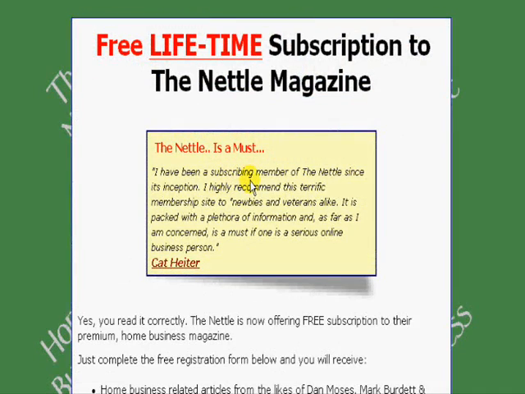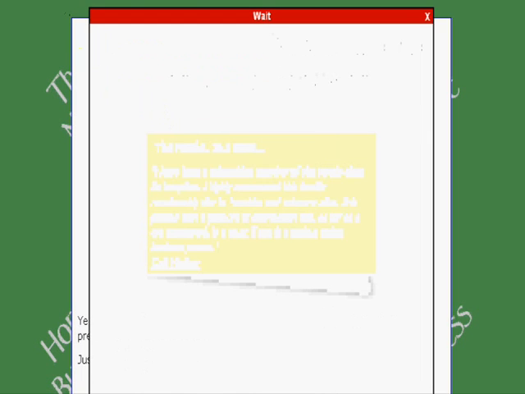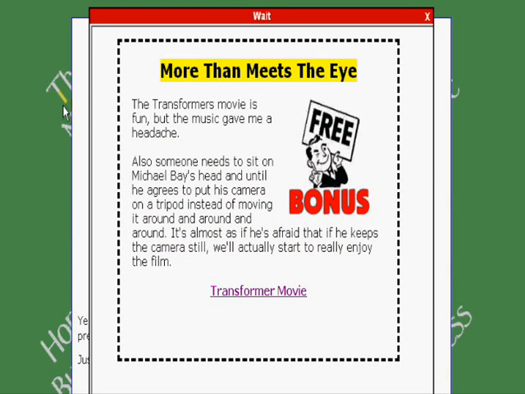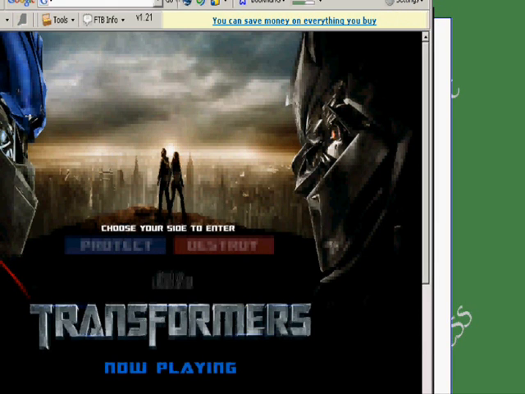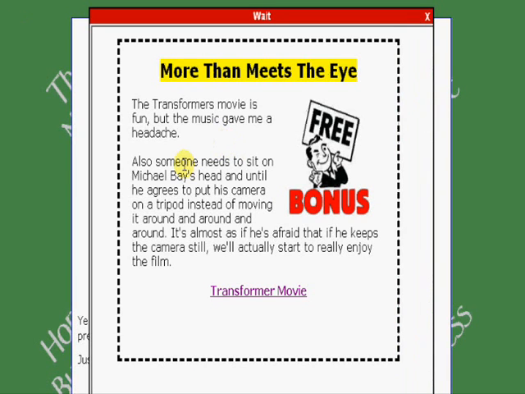Okay, so that's the page I've uploaded the ExitGrab onto, and if I try and leave the page, there we go, the ExitGrab opens with a link to the Transformer website. Very good. So very simple to do, very quick to do,